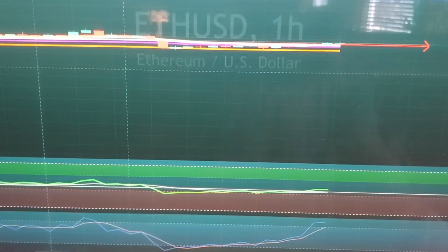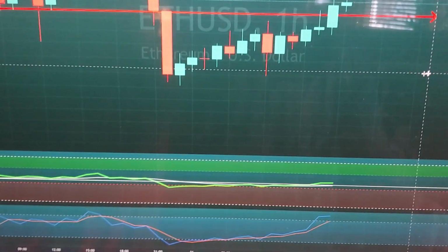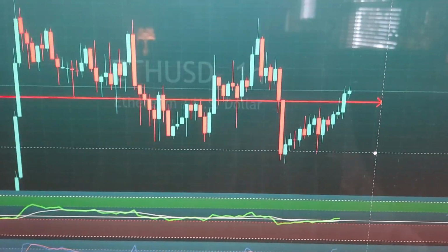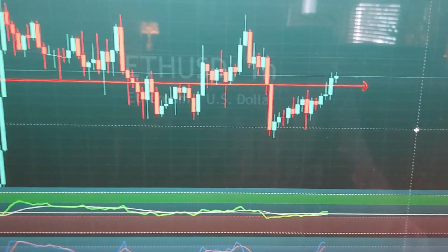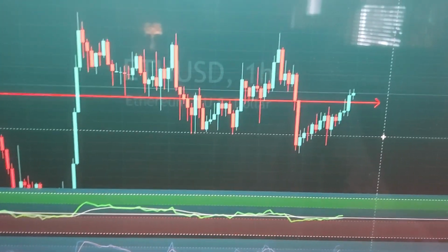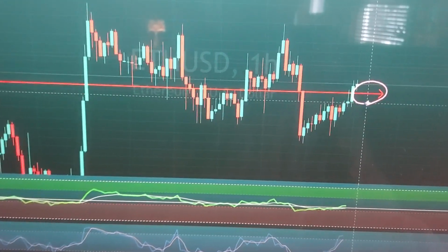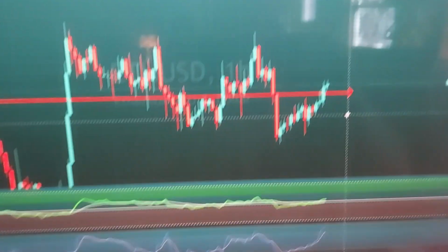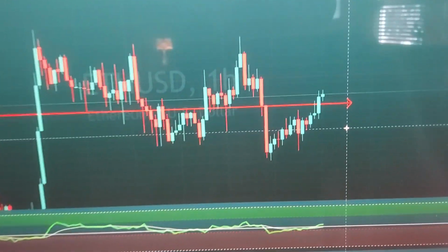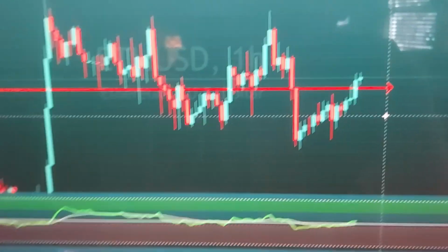I'm going down to the 1 hour chart, take off my EMAs since I don't need them, since I only want to look at one. And so essentially, for the market to have a better chance of really racing up this next week, have a nice big green week candle, you really want both. You want Ethereum to close above this line and Bitcoin to close above that yellow line. One without the other, I'm not for sure what that would mean, but if it's Ethereum closing above and Bitcoin not, just remember,